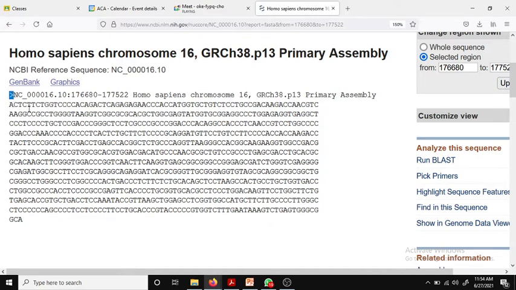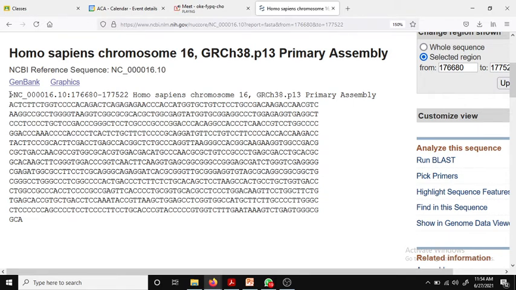This greater than sign states that this is the FASTA sequence. This sign is very important when we are doing any practical, any procedure or any experiments with sequences. So you have to put this greater than sign for sequence alignment, right?